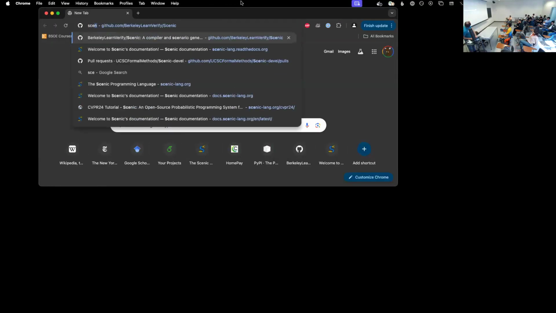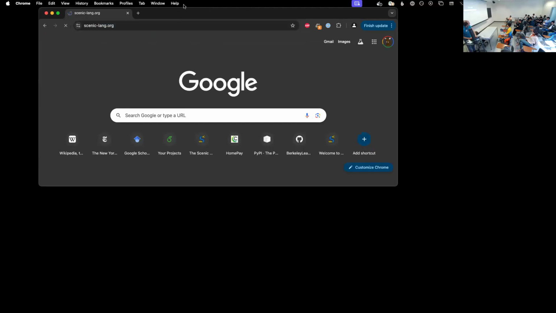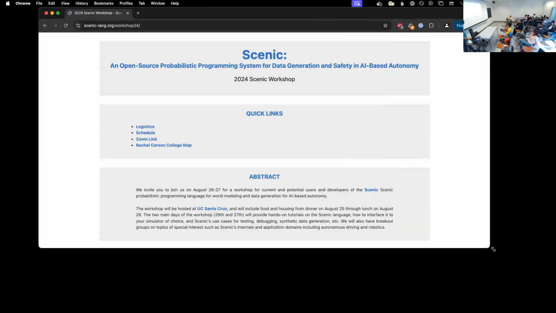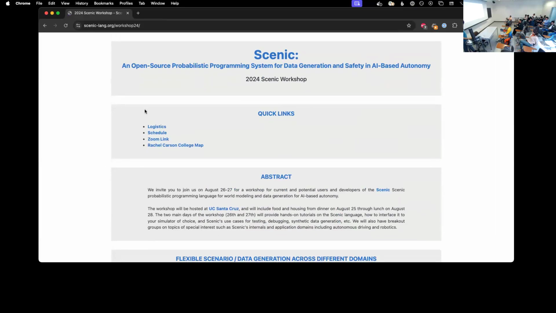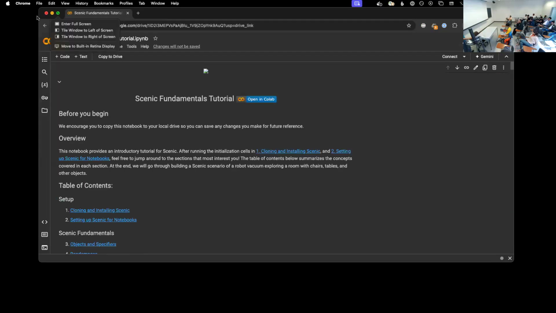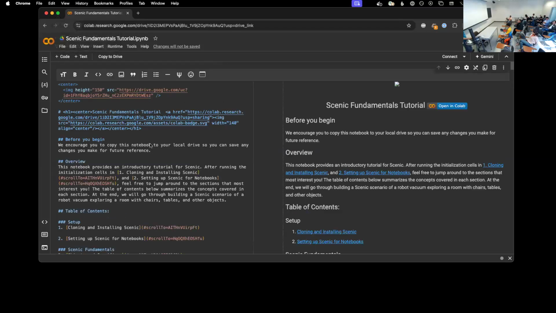Okay, so if we go back to our workshop page here, the first schedule. Okay, so here we are in this part of the schedule, and here's the Colab notebook that goes with this. So if you fire this up, this is a self-contained Google Colab notebook, so you can run things in it without having to install Scenic, anything like that. I won't go through that part here, but if you try this later this afternoon,